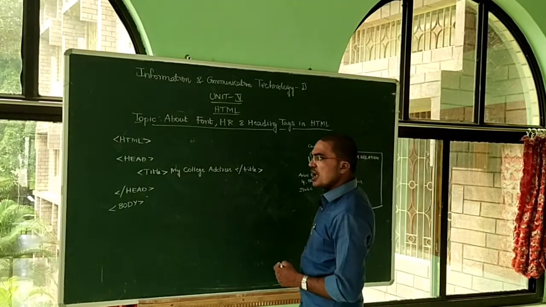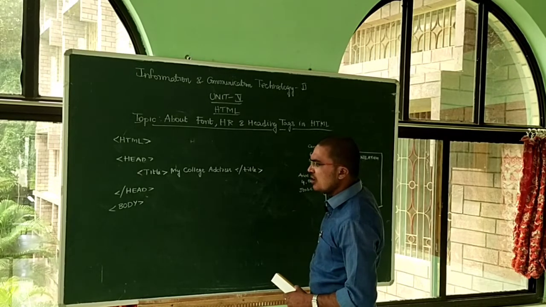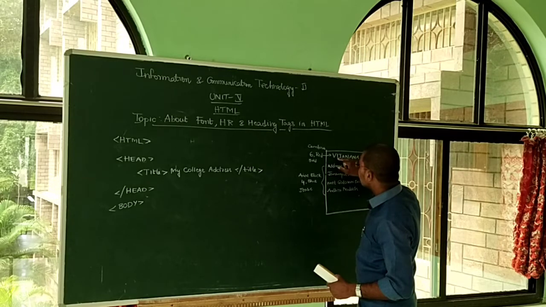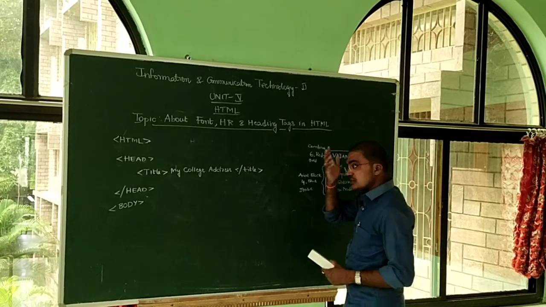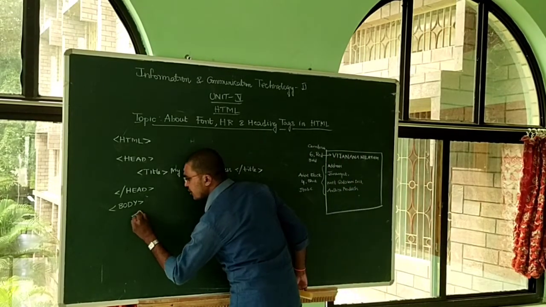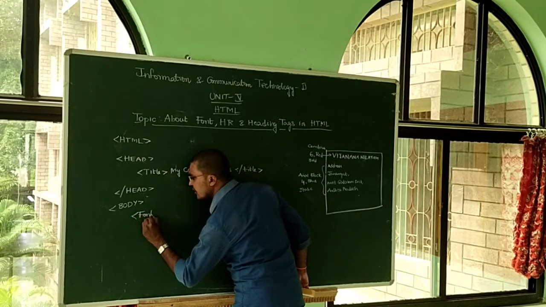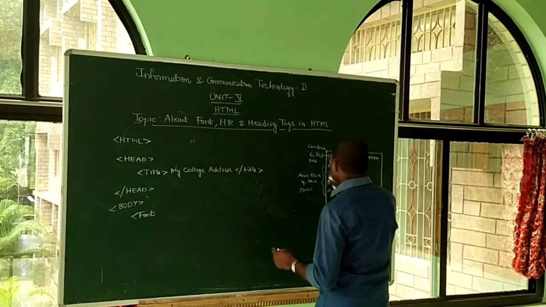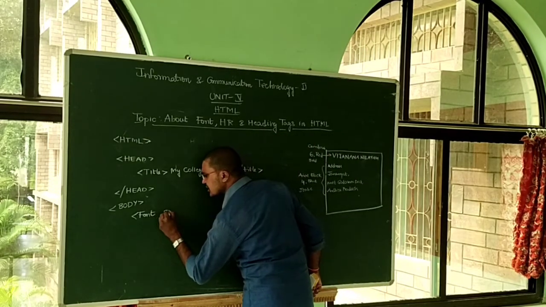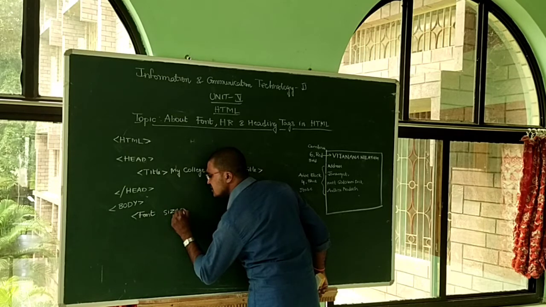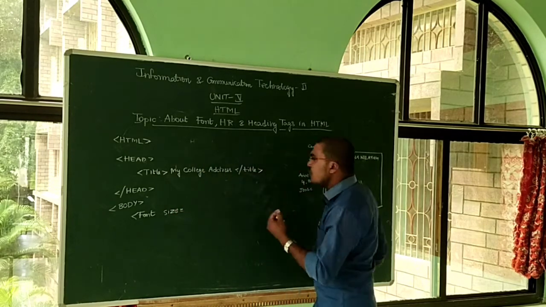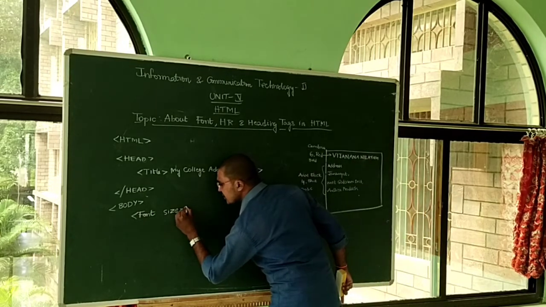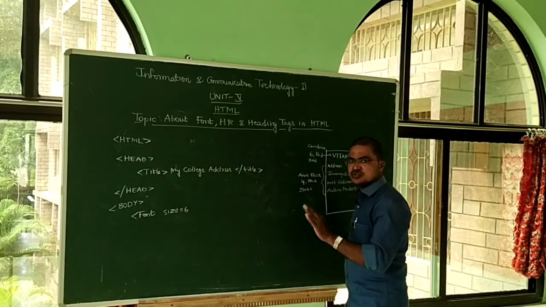the name of the college. Actually the name of the college is fine, but first the text has to be given some characteristics. Let us first open the font tag. This is a major tag. The font tag contains attributes. The first one is size. What is the value of the size, how big to show the text on the web page? 6. It's very clear, that's why size is equal to 6.